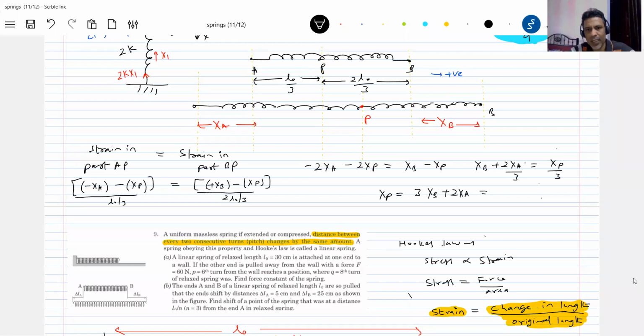Okay, fine, I'll make the correction. This will become 2XB plus 2XA, then this should be only XP. Anybody value? XB, XA, how much given? The displacement, already I substituted the sign, you need not bother. So what is XB equal to? 25. XA is 35 centimeters. 35 centimeter.